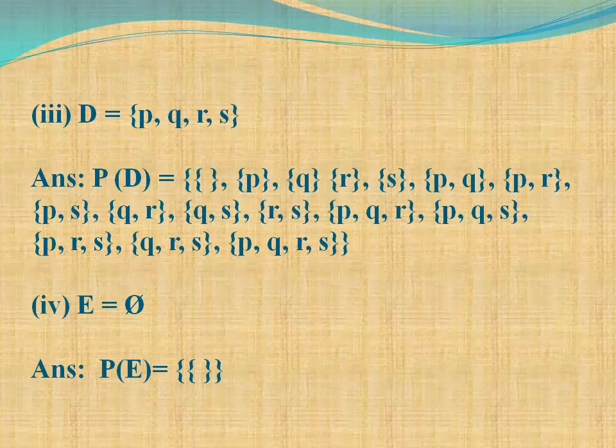Third subdivision in the sum, D equal to {p, q, r, s}. Already we saw 2 elements and 3 elements. This set contains 4 elements. First the empty set is one subset, and next we have to write the separate elements. So {p} one separate set, {q}, {r} separate, and {s} a separate set. Okay, next the combinations of two elements. So pq, pr, ps. Next qr, qs. At last rs.